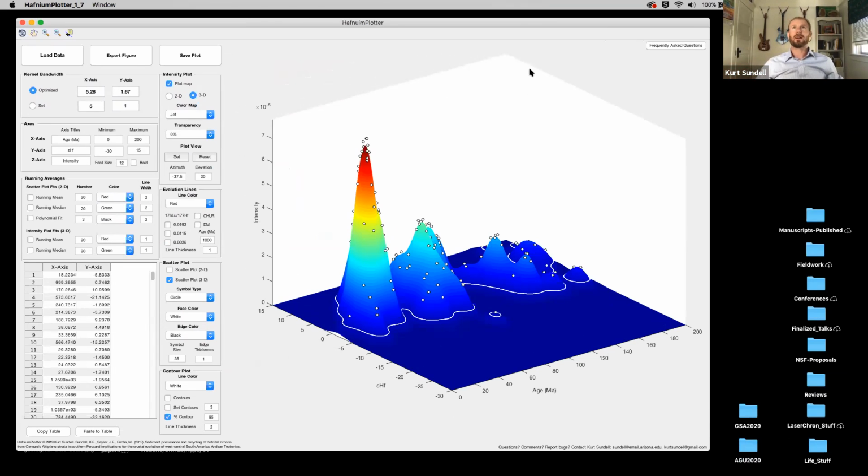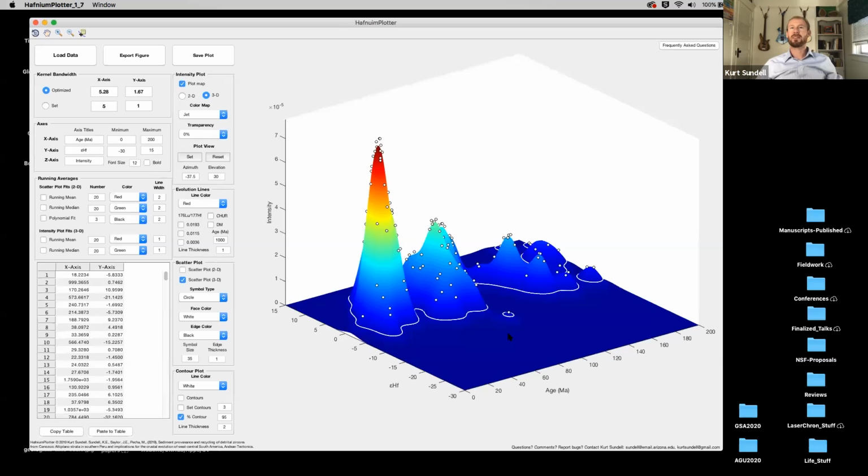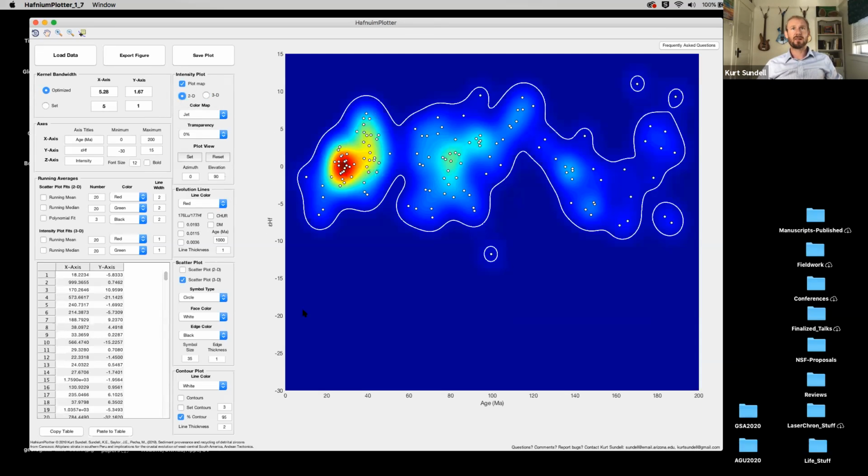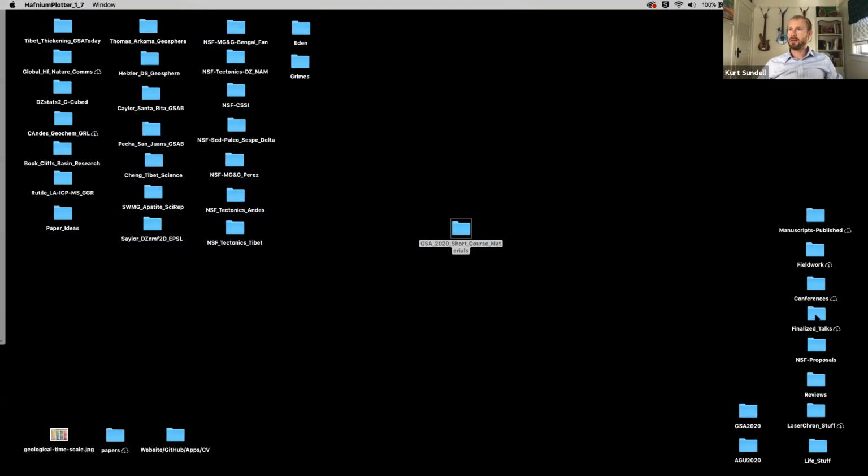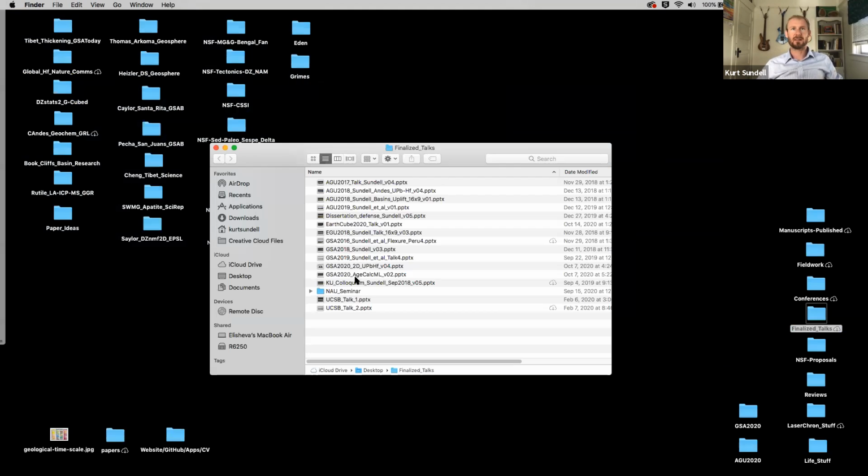So here's Hafnium plotter. And so what on earth are we actually looking at? Looks a little like a rainbow colored mountain, right? And so what I thought I'd do first is try to explain by example what's actually going on here. So what this is, if you think about a, let's see, actually, no, I think last year I did this. Sorry, I thought,